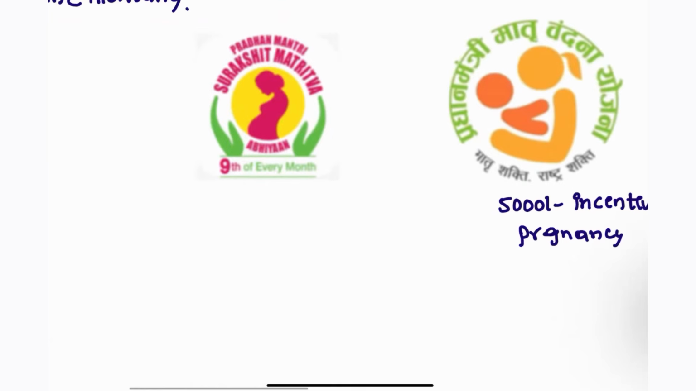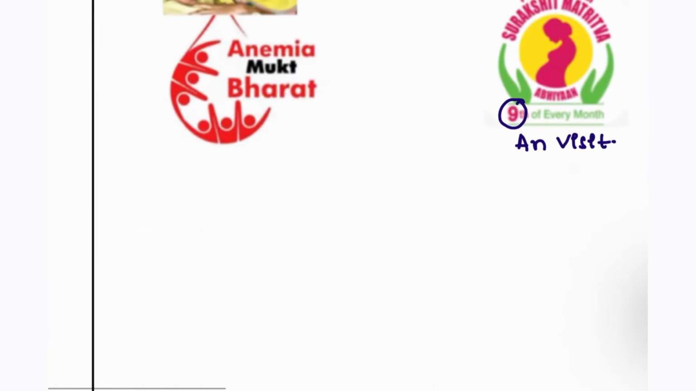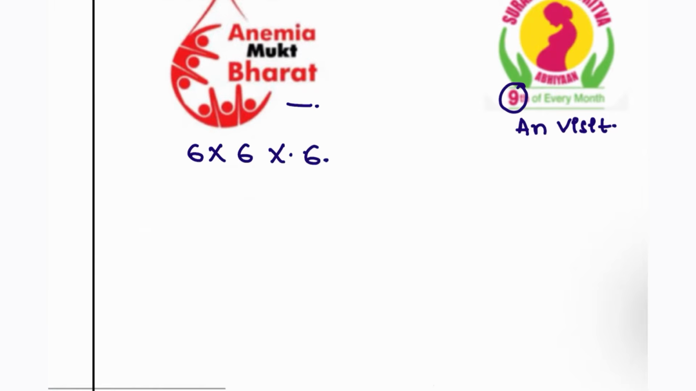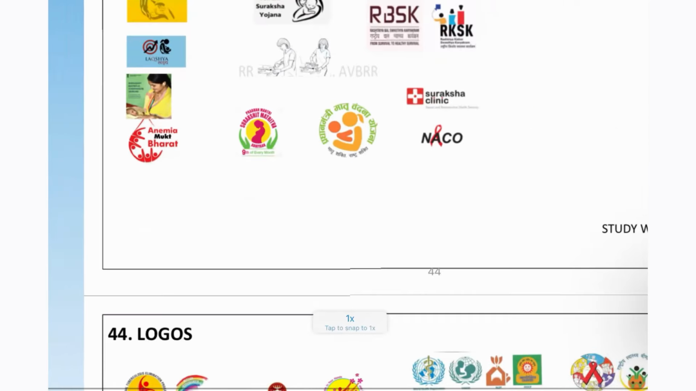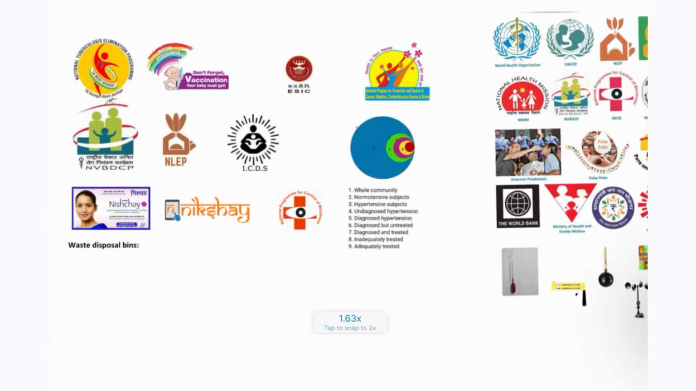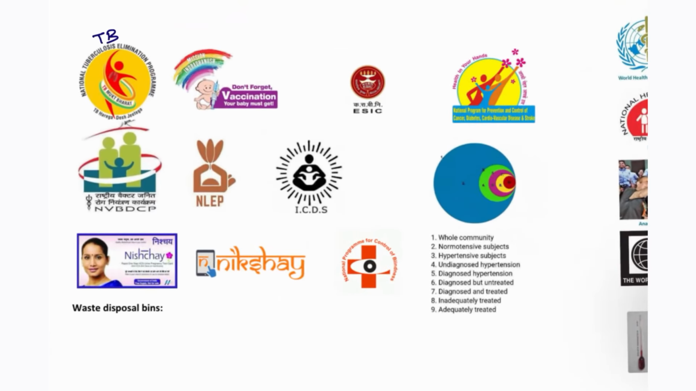Next, another picture here you can see Suraksha Matritva Yojana. On the 9th of every month, there will be an antenatal visit given for the mother. Next, this is the Anemia Mukt Bharat, which consists of 6 beneficiaries, 6 institutions, and 6 interventions. That is for the Anemia Mukt Bharat national program. Next, some of the logos. This is for TB Harega, Desh Jitega, and this is for vaccination, Mission Indradhanush, and this is for